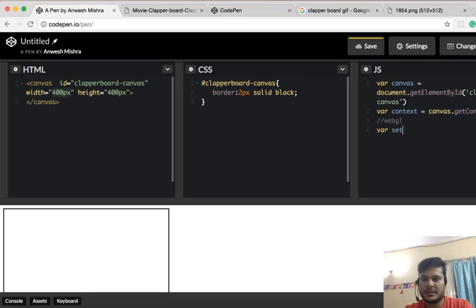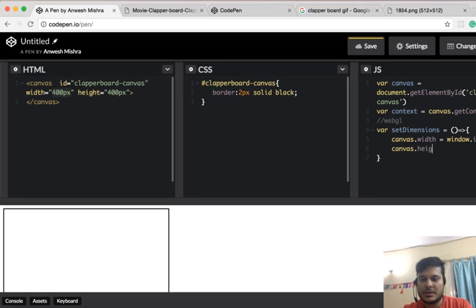So we'll have a function which will do the stuff for us. In the function we have to say canvas.width, sorry, it's not IDA, it is width. Canvas.width is window.innerWidth. So window.innerWidth will give you the width of your browser's window. We need it to be half of the browser's window. The canvas width will be half of the browser's window, and canvas height will be the